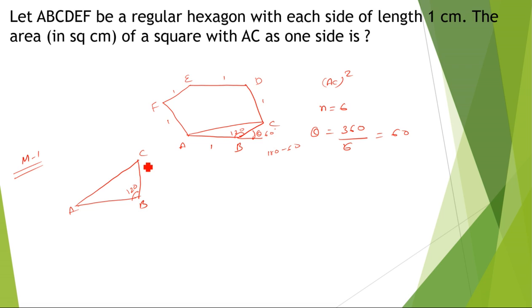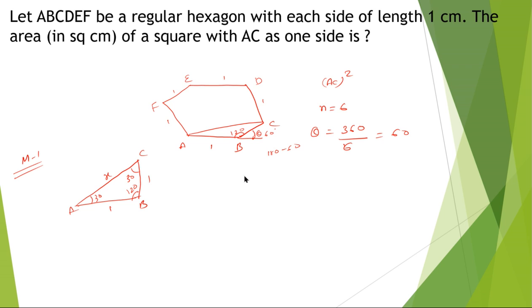So ABC is a triangle where AB and BC are equal. Opposite sides make equal angles. We know this concept, right? So the remaining angle is 60. Divide that 60 into 2 equal halves, which will be 30, and this is also 30. So now we have a triangle ABC in which AB length is given as 1, BC length is given as 1, and we have to calculate this AC length. So let's consider that length as x.